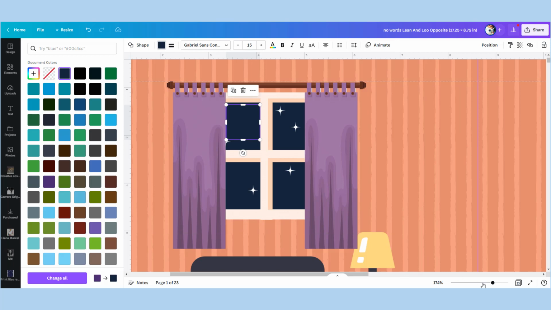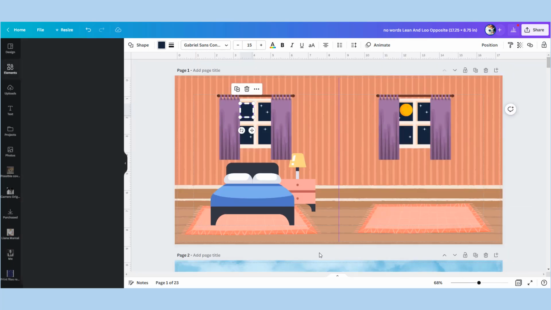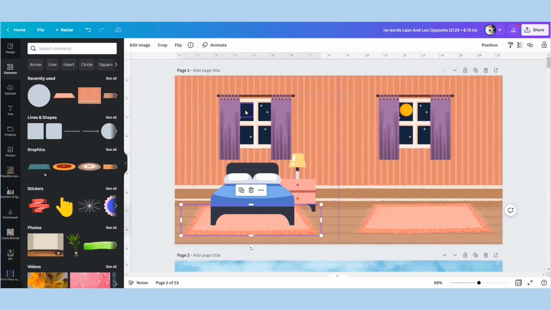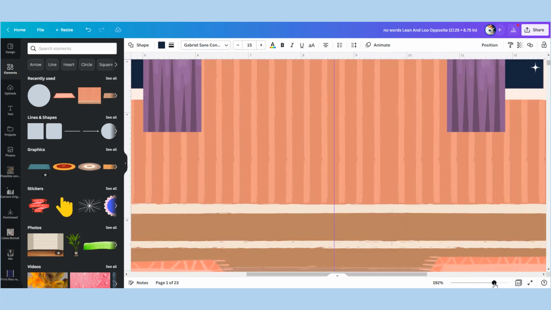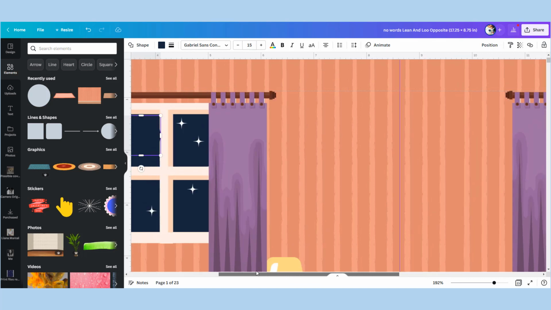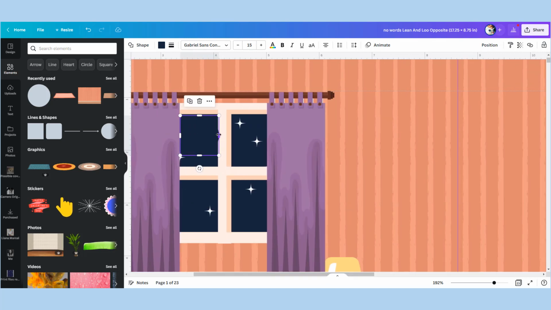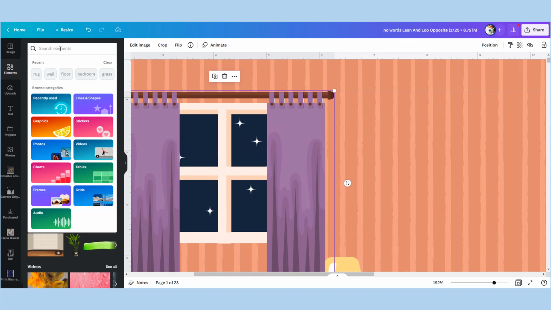Now when you zoom out, you'll be able to see if you've covered it correctly, which I notice I have a little tiny bit of sliver of moon that I go back and adjust. Now that window looks very empty because all the rest have stars in. So once I adjust this to size, I'm going to go into the little search library here and type in